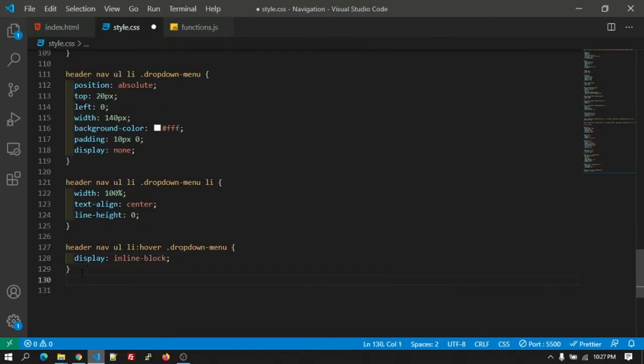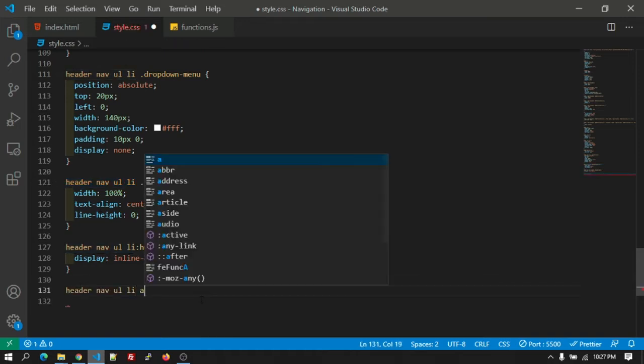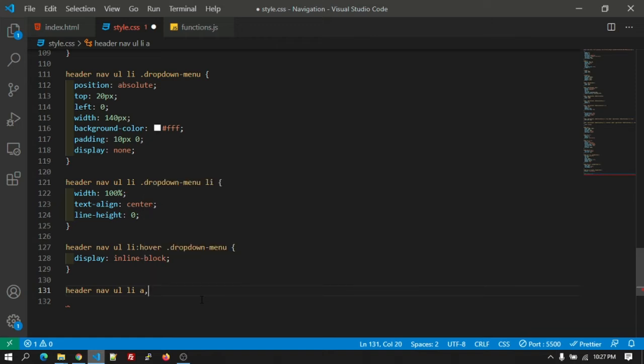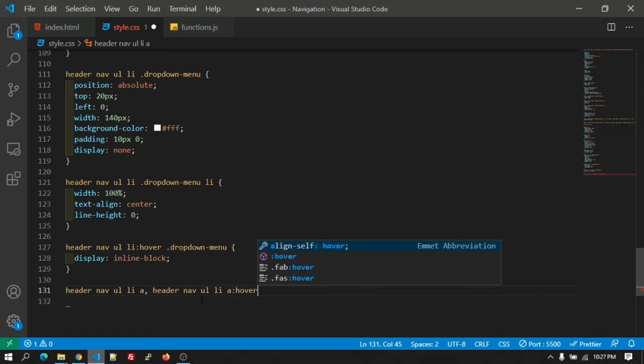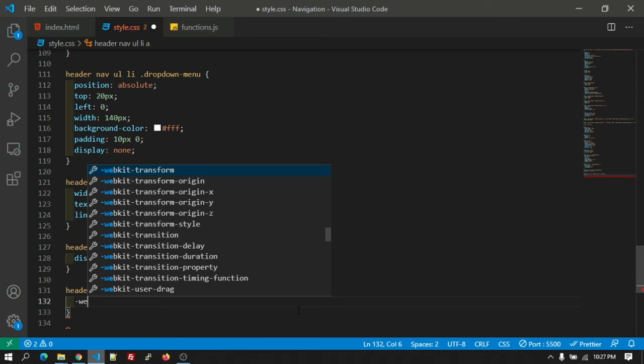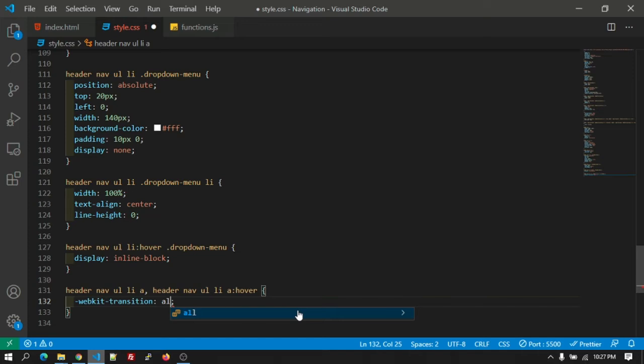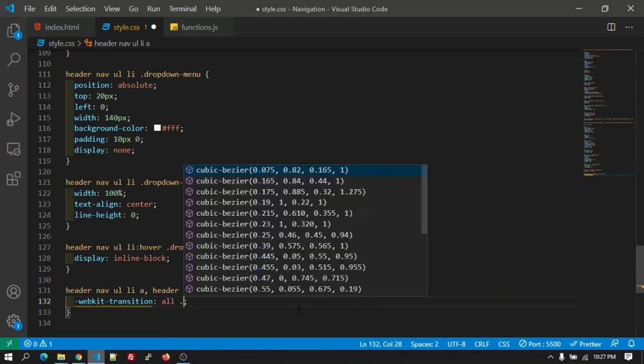Okay, so let's add the class saying header navigation UL, and let's say a anchor tag, and let's say we give the same to the hover and over. So the WebKit transition will be all 5 seconds